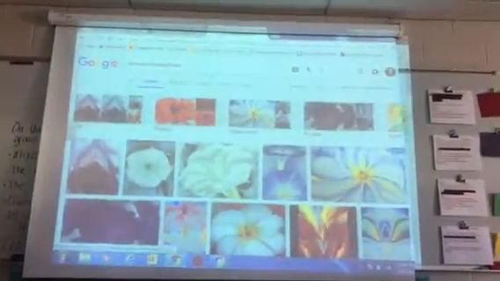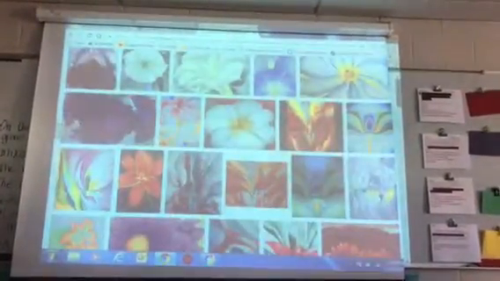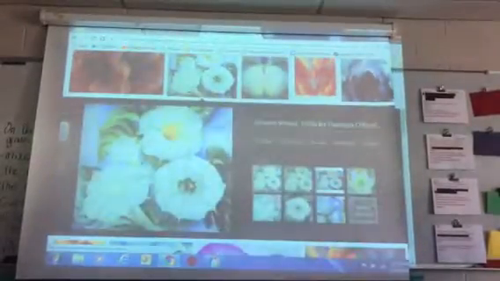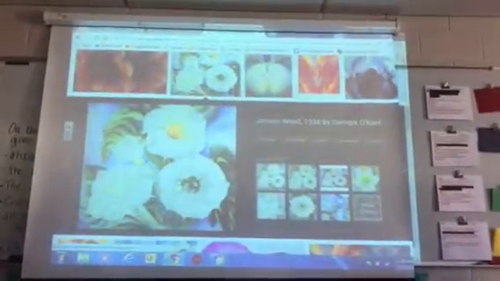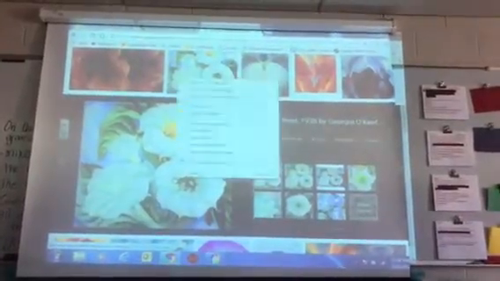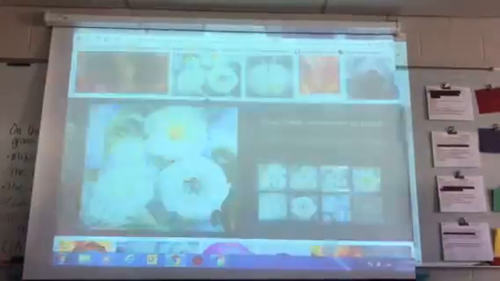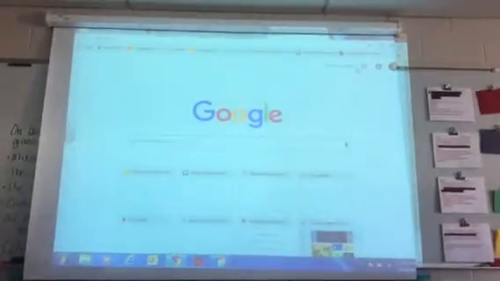So I've got a whole bunch of images of Georgia O'Keeffe's flower. This one I think I could work with the most. Now, I suggest you right-click and copy that image,